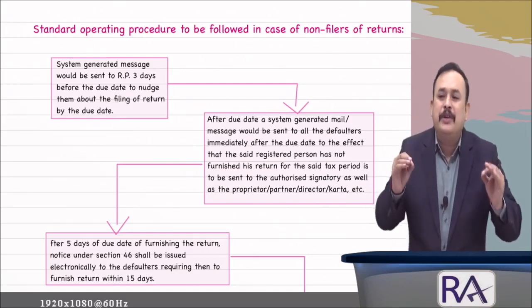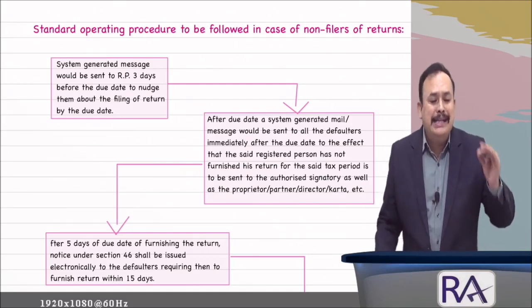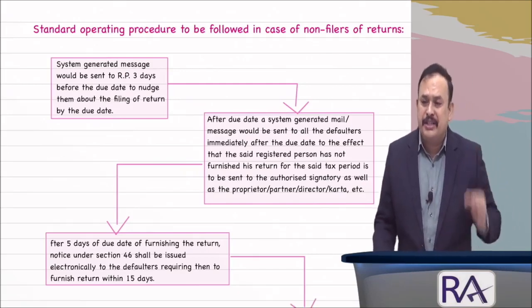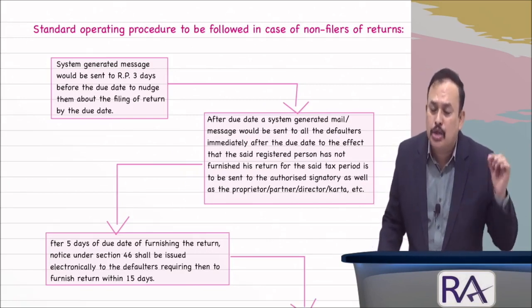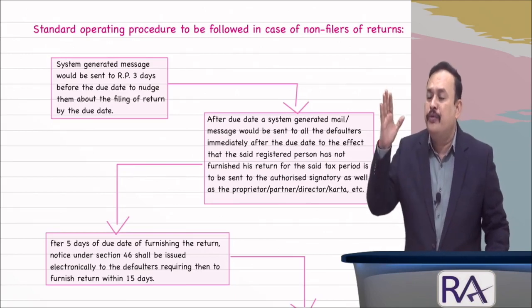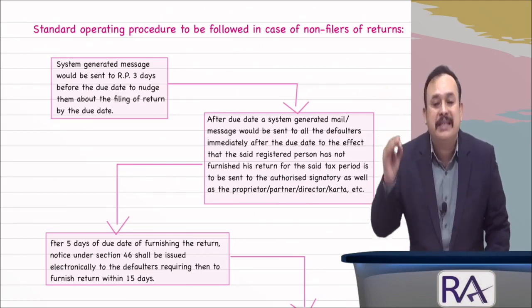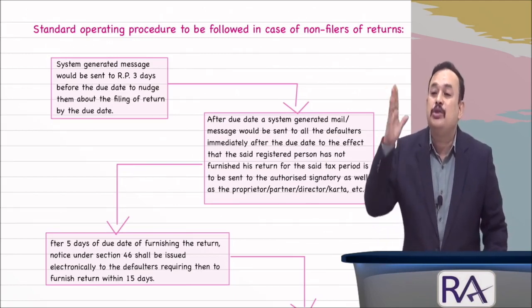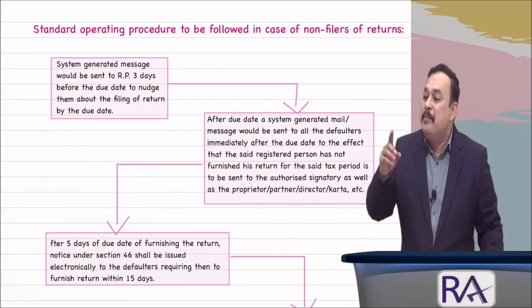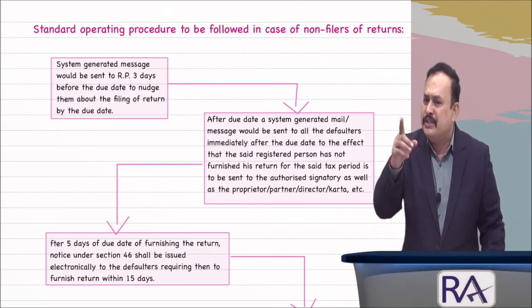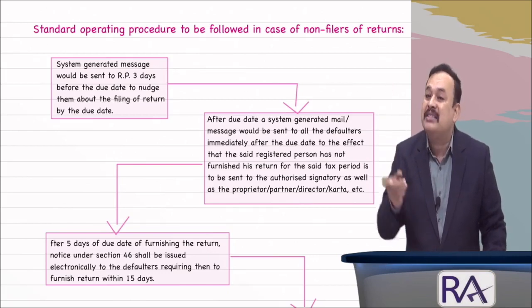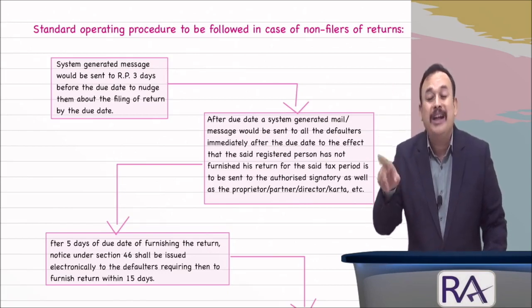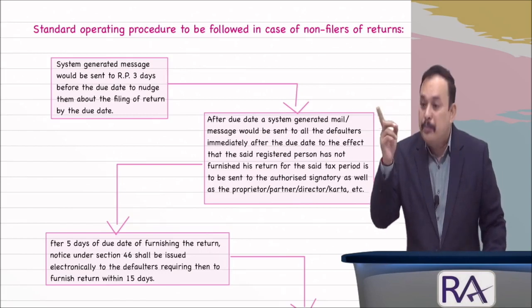Now I am presenting in front of you the standard operating procedure issued by the CBIC with regard to assessment of non-filers of returns, section 62 of the CGST. CBIC said, hey department officers, you strictly follow this protocol to assess and quantify the liability of the registered person